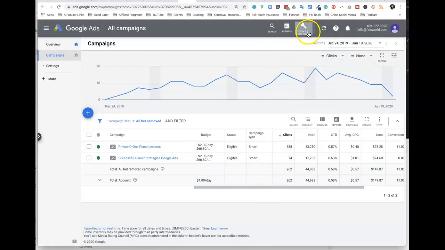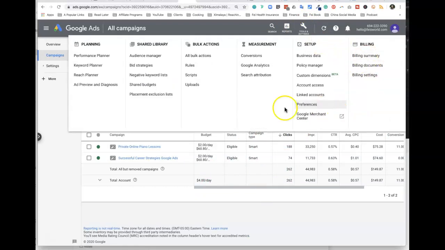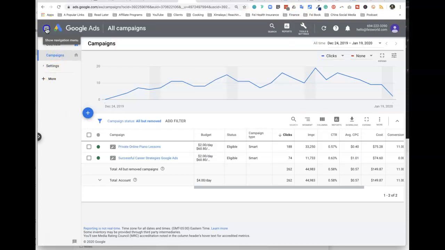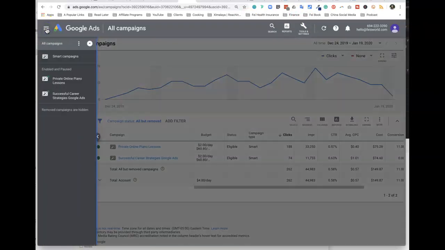And guess what? Now you click on tools and settings again. Look at all of these things. Needless to mention, you have search and reports, which you need all the time anyway. And all these setup options, account access, if you need to invite other people in, are right here. Now, if I go back to this main menu, you're able to see that immediately you have more options, such